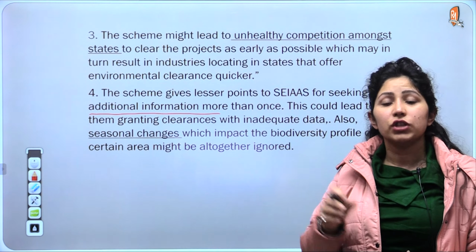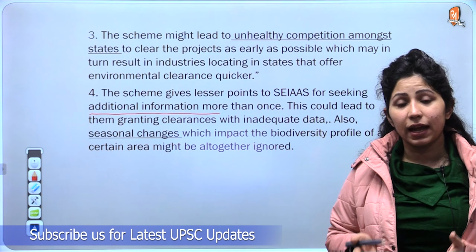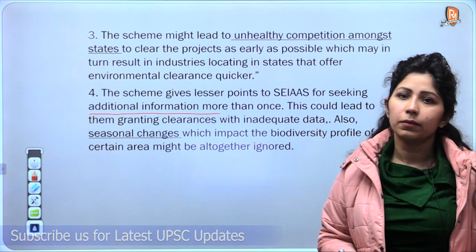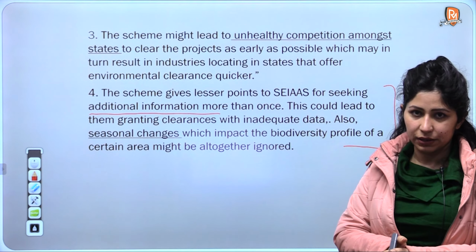So when a cap has been put by the central government on the number of times additional information is sought by these agencies, these agencies will not seek more additional information, and this will bring down the efficiency of environmental impact assessment, and it's us, the communities, who will suffer in the end. It's the people of India who will suffer in the end. So this was the critical evaluation. These were the implications of the star ranking system of states brought up by the central government.